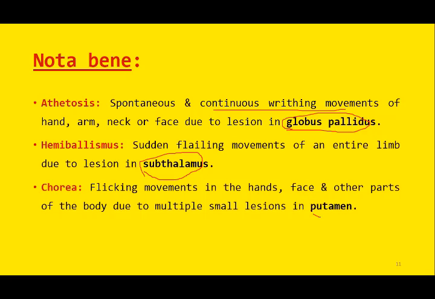Similarly, whenever there is a lesion in the putamen nucleus, this will result again in sudden flicking movements of hands or face. So these are three important terminologies very similar to each other: athetosis, hemiballismus, and chorea. In all these conditions, there is abnormal coordination, abnormal movement of the limbs or face, but the site of lesion is different in each case. For athetosis, the site of lesion is globus pallidus. For hemiballismus, the site of lesion is